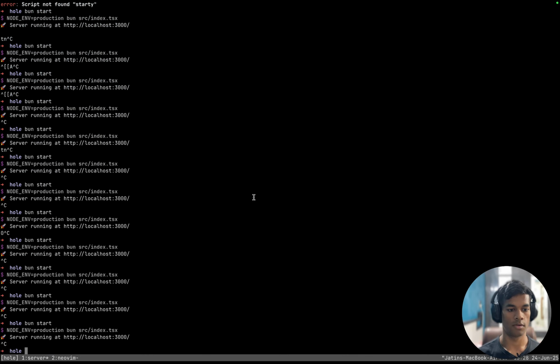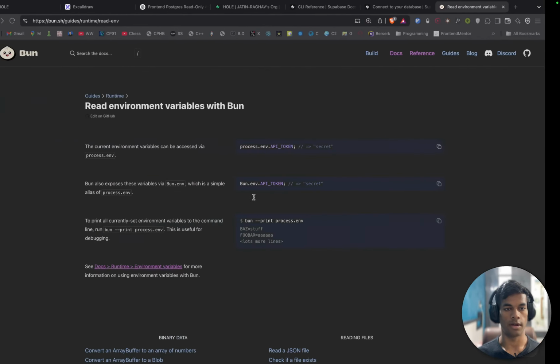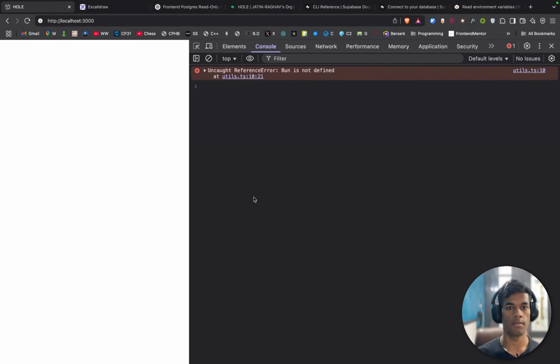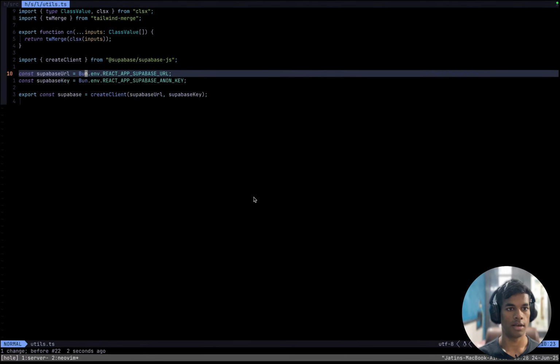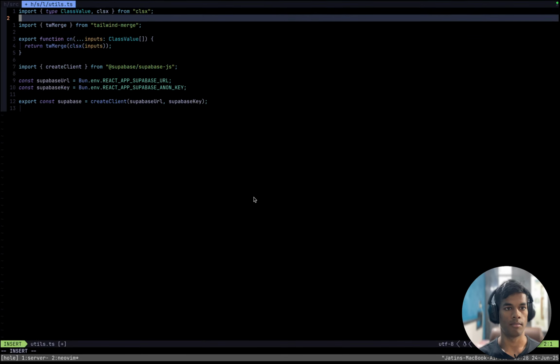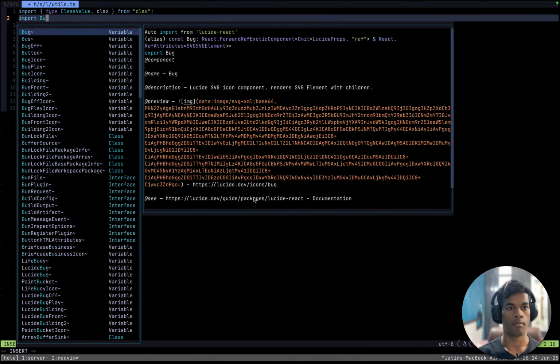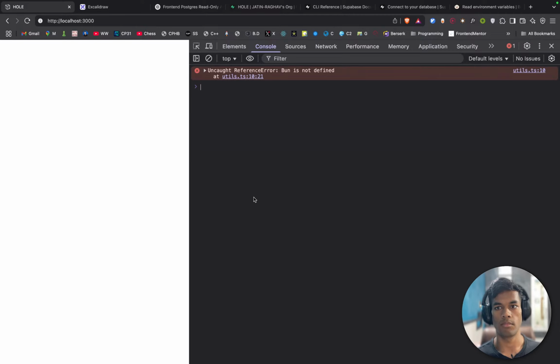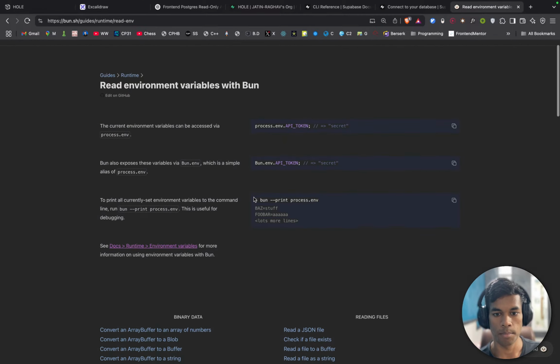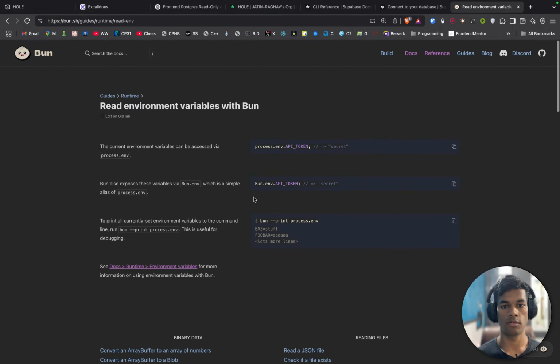Stop this. Run it again. See, Bun not defined. Okay, why the heck is my LSP not giving any error? Import Bun, just Bun and nothing else. Do I have to import one? Guess yes.